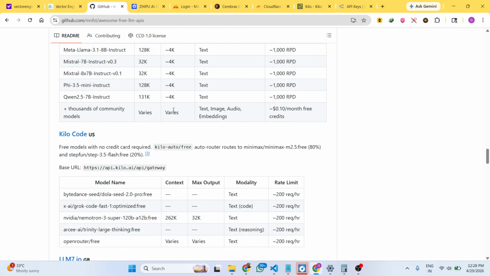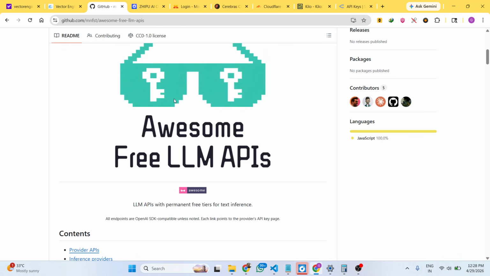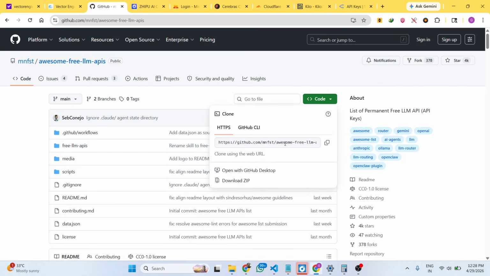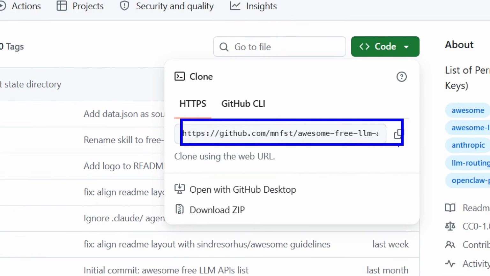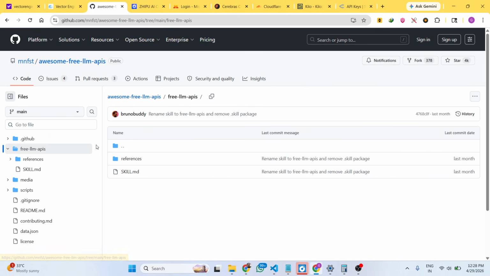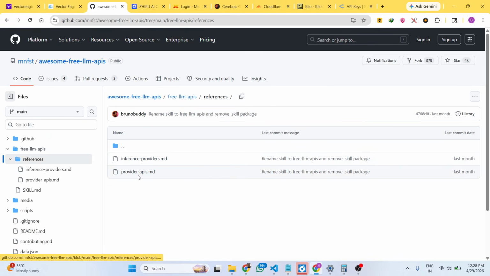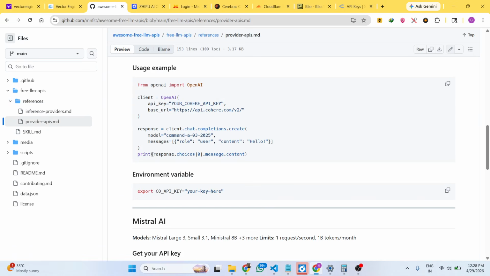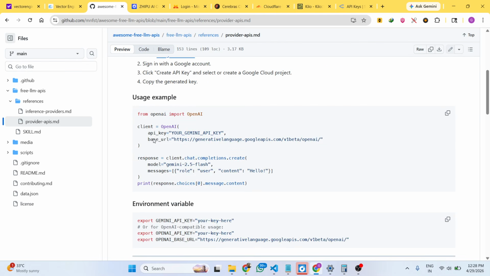So definitely check out this GitHub repo. The link is given in the description. If you clone this, you can directly clone it inside your local machine. Right here inside this, we will have this markdown file which actually lists out